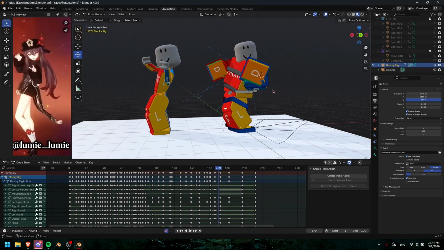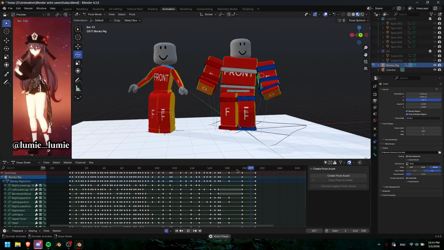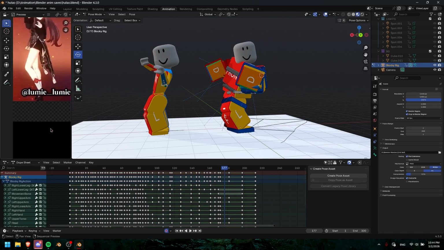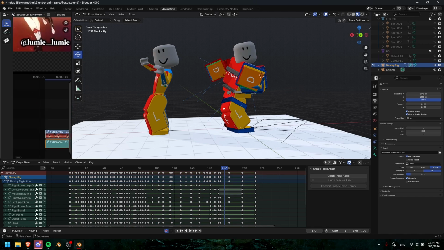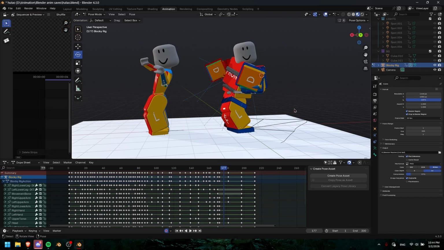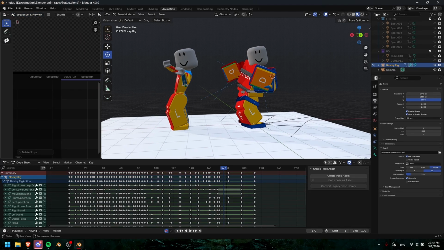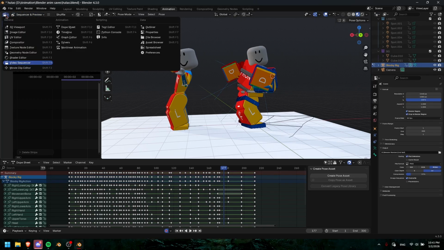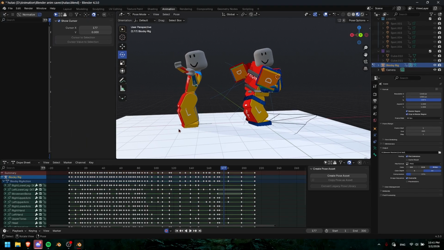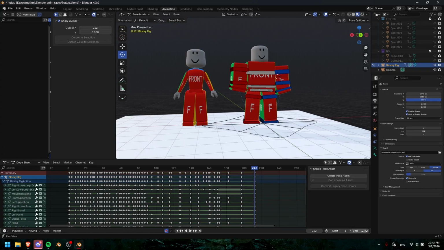Okay, so this is the second dance that I made in Blender. I didn't actually do the graph editor thing. Hold on. Okay, I haven't set this at the start. I hope that wasn't an issue. To pull out the graph editor, you just go here, anywhere, like in these things, and click here, and you just pick graph editor. Okay, so here, if we go into the loop,